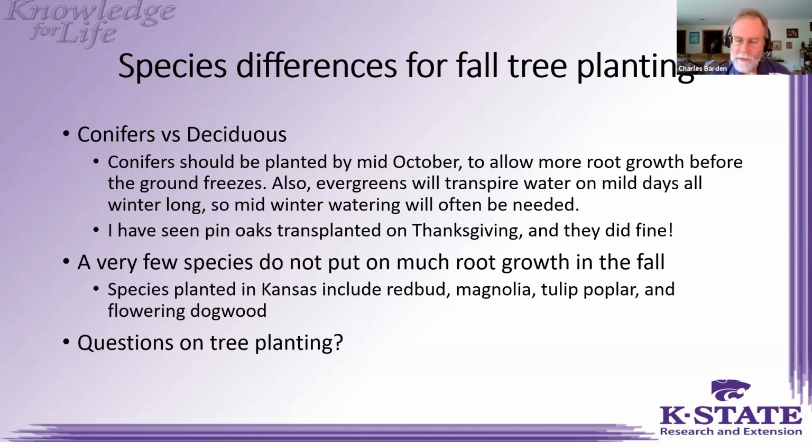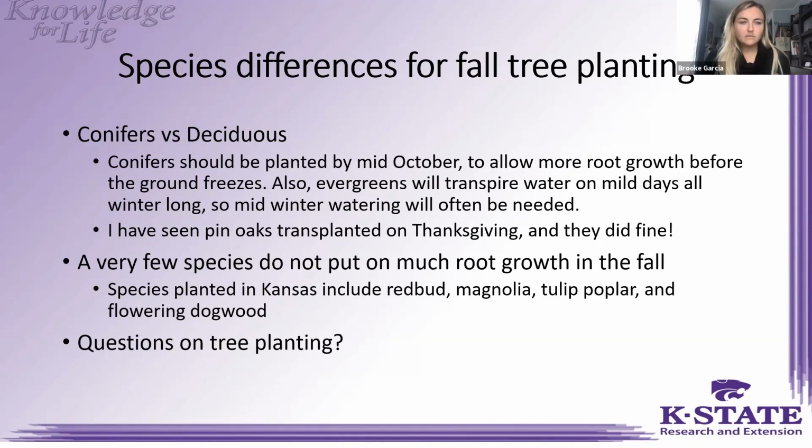So, the stakes. If it's a smaller tree, like we've seen in several of these pictures, they can remove it at the end of the first year, after they've been in the ground for a year. If it's a real large tree and you're in a very windy, exposed environment, I'd lower the ties a little bit, loosen the stakes a little bit so the tree can move a little more, and see if it's still stable. Let it stay like that for another year and then remove the stakes.